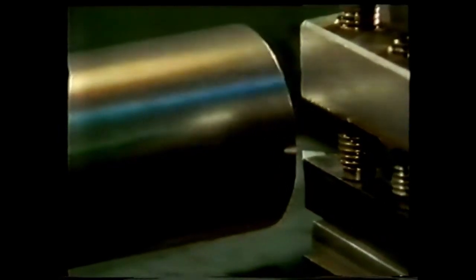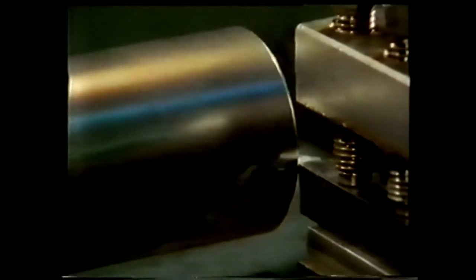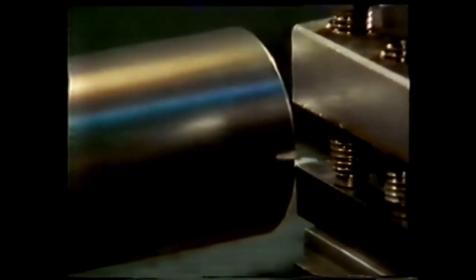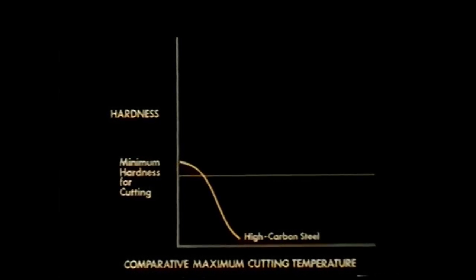This is an old-fashioned high-carbon steel cutting tool containing 1 to 1.4% carbon. As you can see, it burns out very quickly. Although high-carbon steel is very hard at room temperature, as soon as the temperature rises, the steel begins to anneal and the hardness is lost. This process, known as tempering, has all sorts of industrial uses, but in metal cutting, it can be a bit